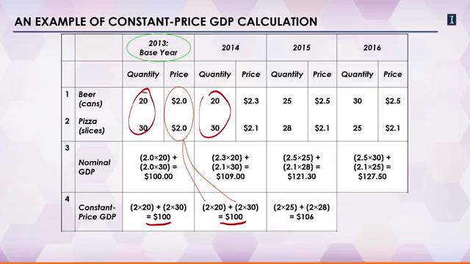When it comes to 2015, we use again the same prices, 2 and 2, and we get a measure of GDP of 106. This shows that if prices had not changed and people had attached the same values to beer and pizza that they used to attach in 2013, then the value of goods and services produced in this economy would have been $106, which is 6% higher than the previous years. So there's more value produced in this economy based on these indicators of the values of the